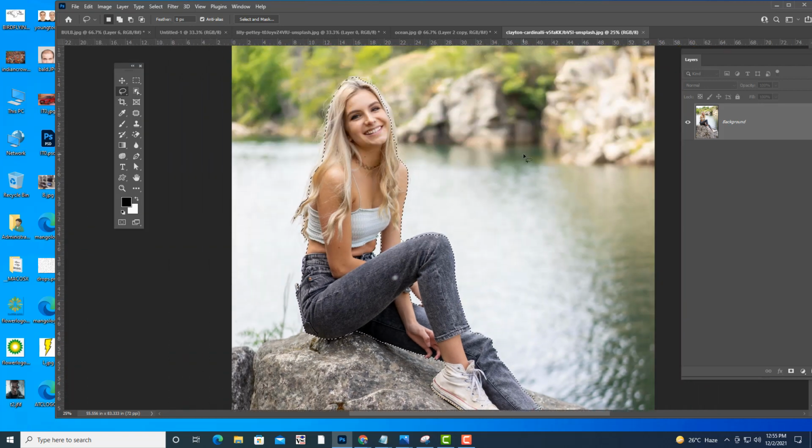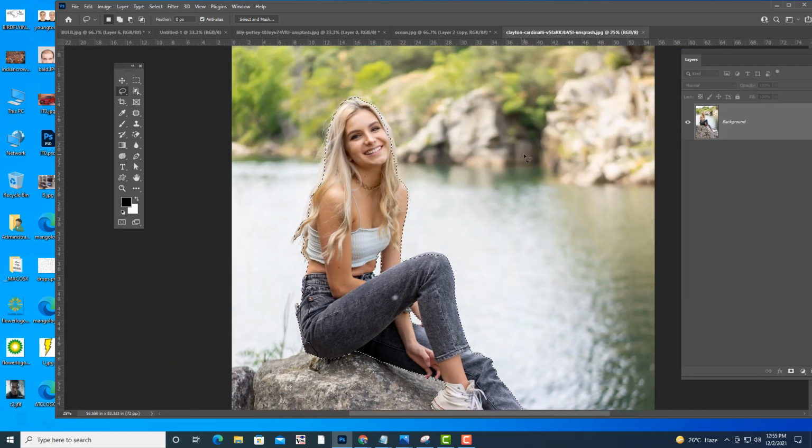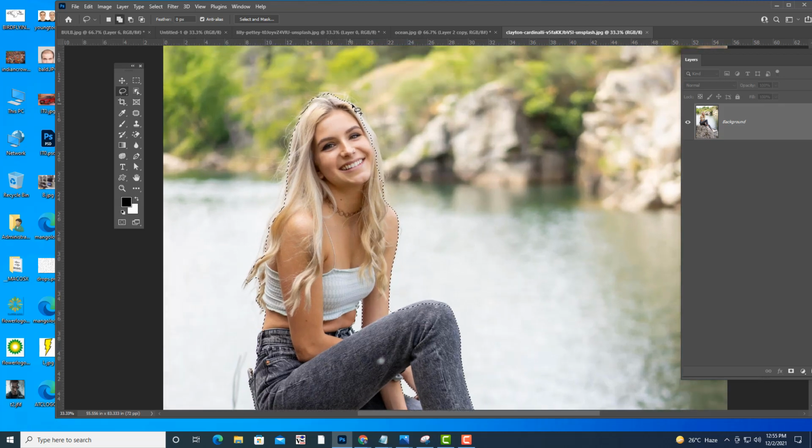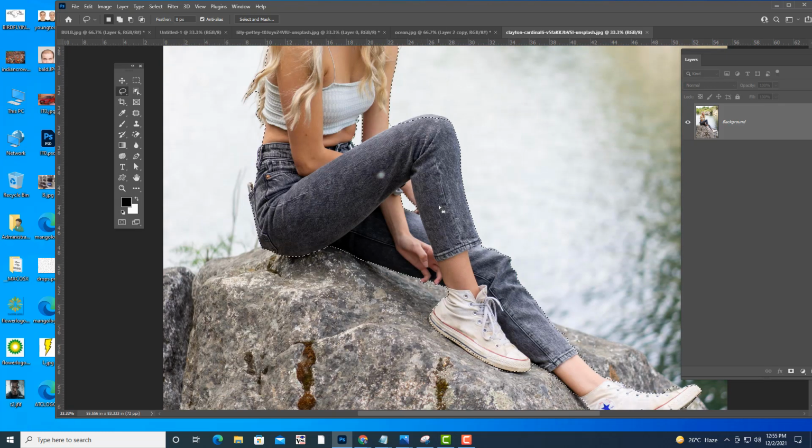See, one important thing I want to tell you. Here the hair. Just observe the hair here. I told you in the last class how we can do the hair selection, but that is a very long process. Again we have to open channels, select the dark channel, light channel. So it's a lengthy process. Instead we will use a very fast, quick and easy process of hair selection. So what is that quick and easy process? See here.